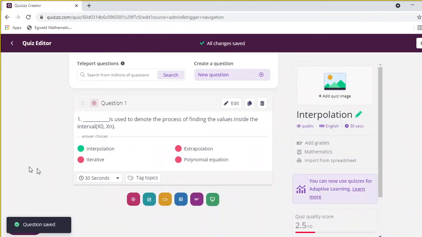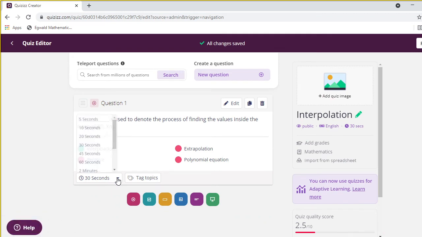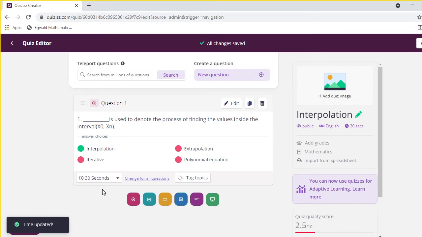One more thing is the time to attend the question. If it is an easy type question, you can just select 5 seconds. If it needs thinking, I choose 30 seconds. The time updates automatically, so don't worry about it.